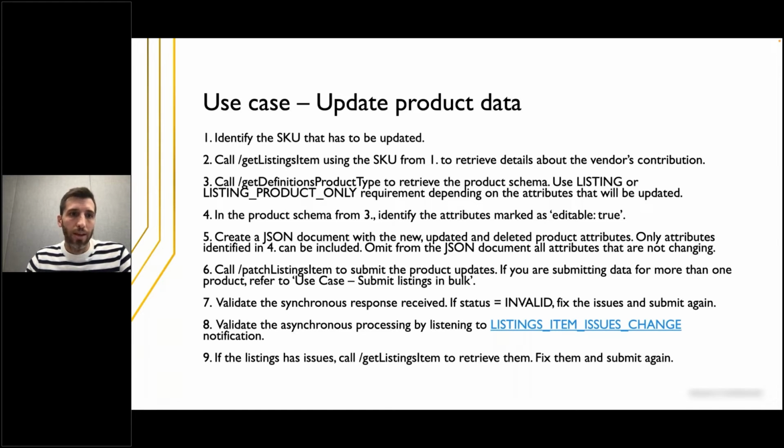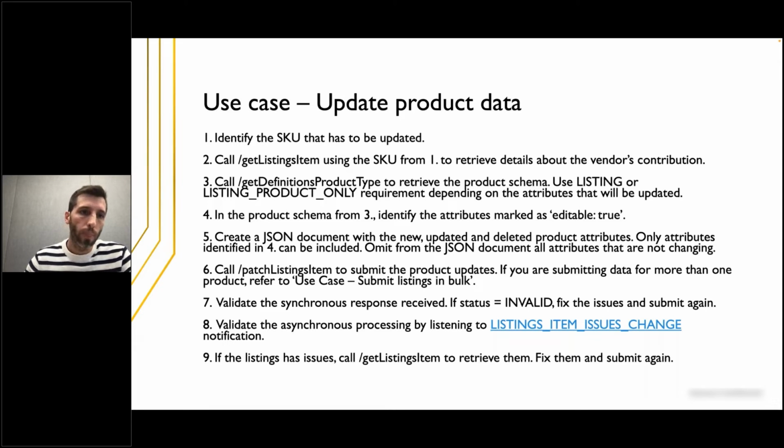Step number 3 is, as always, getting the product schema. This is an important step. We want to get the up-to-date schema before building our own JSON document and submitting the information to Amazon. You can use both the listing or the listing product only requirements depending on what it is that you are going to update. If you're also updating sales terms, you use the listings. If you are updating, let's say, just the bullet points, you can stick to the listing product only